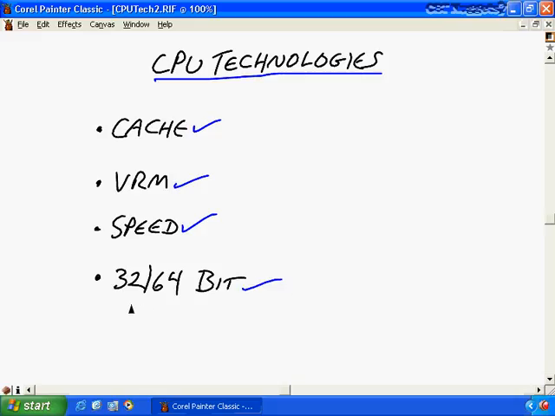Then there's also the discussion of 32-bit and 64-bit. We have already discussed that as well. But when it comes to satisfying the requirements of your customer, with 32-bit you're almost always going to have a high level of compatibility. With 64-bit, like I said before, you'd have to get drivers that are 64-bit, and this can really get to be a problem. For example, I've got a Compaq laptop that has a 64-bit